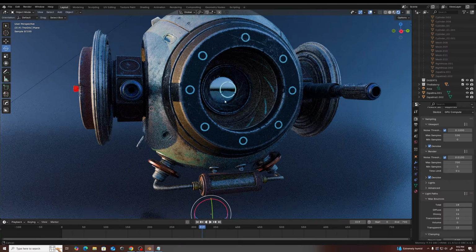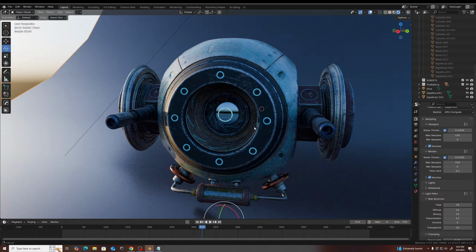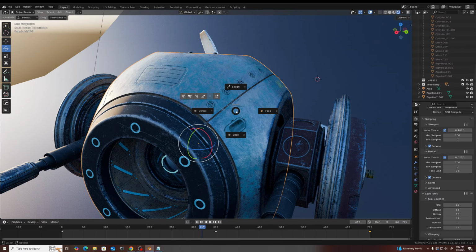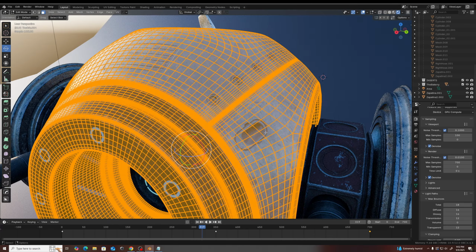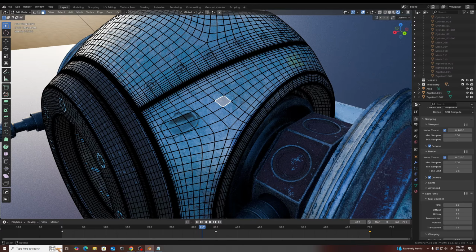Now, for the modeling, I used a subdivision workflow. Subdivision workflow usually means that when you model, you use what's called a clean topology or a quad topology format. So everything is in quads. You don't have any triangles or any n-gons. Usually, you find that kind of workflow with